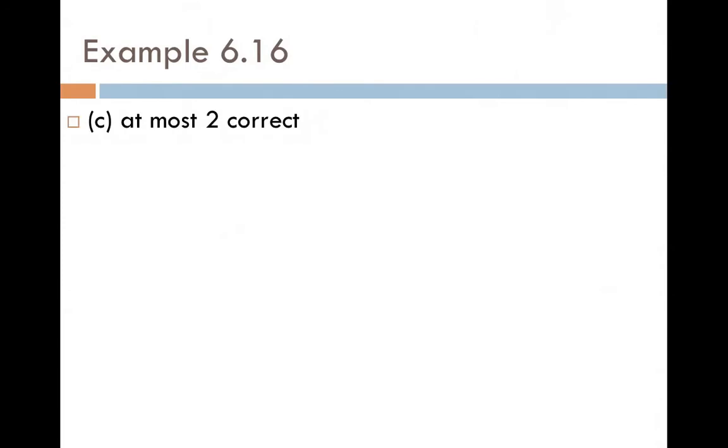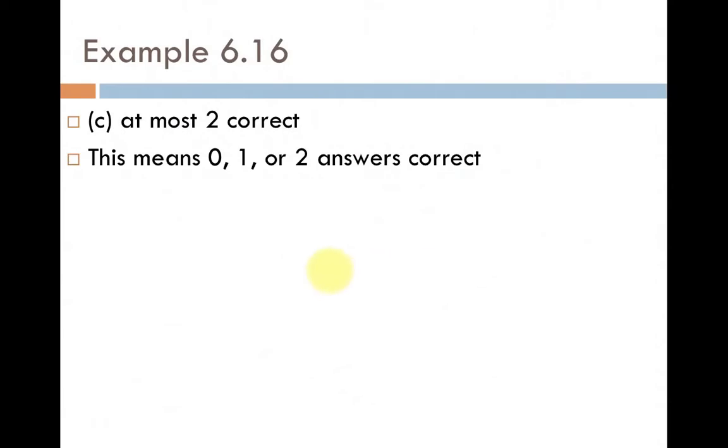Okay, the next part's at most 2 correct, and we have the other one with at least 4 correct. At most 2, you should recognize that as 0, 1, or 2 correct. At most 2 means 0, 1, or 2. So what we're going to do is the same strategy that we used on the previous problem involving at most. We're going to find the probability of 0, find the probability of 1, find the probability of 2, and add